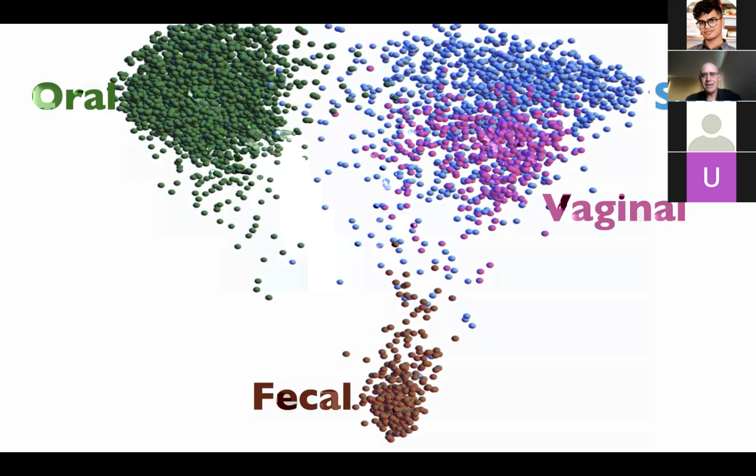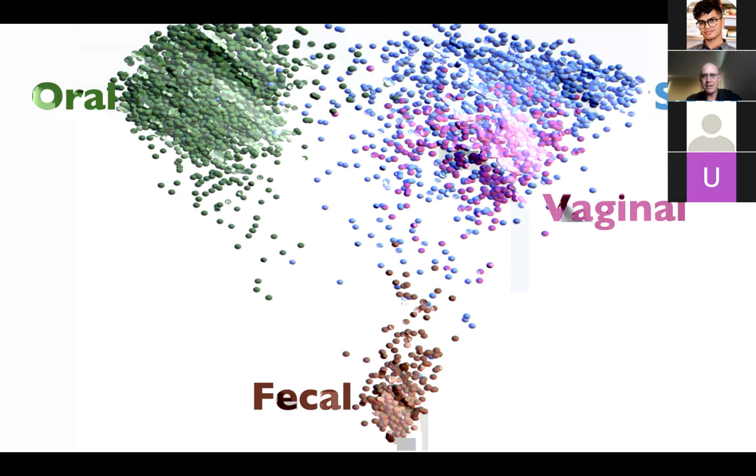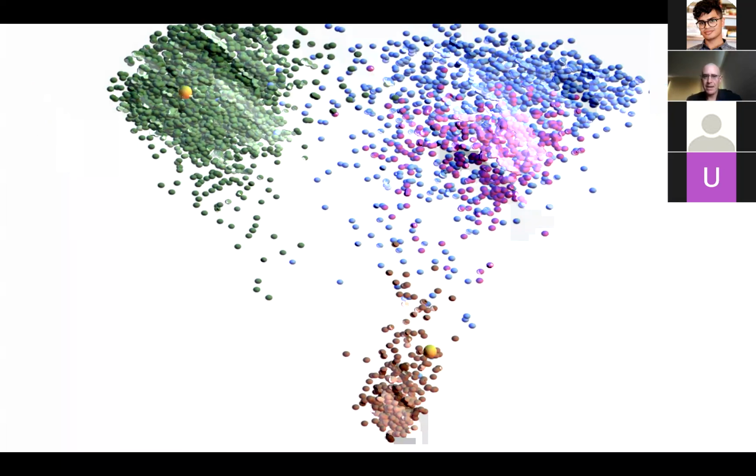Now, there's no disease on this map because these are all healthy people, but when I color by the main thing going on, you can see immediately that the mouth, the gut, the skin, and the vaginal samples emerge almost like different continents on this map, where different sites on the body from the same person are completely different from one another.